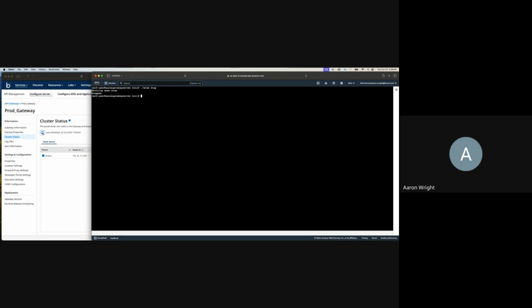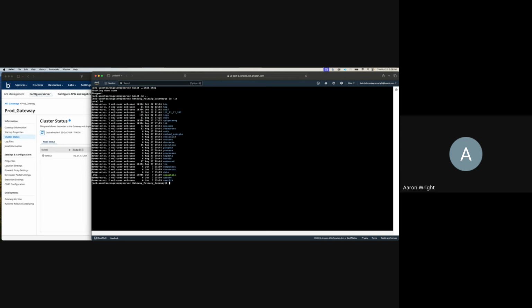I have the UI pulled up here, which just allows me to monitor and confirm that the gateway is now offline. From here, all of the next steps will be performed on the hosting server. We're going to navigate one folder back out of the bin directory, do a list, and we will go into the API gateway folder that's in that gateway installation directory. From here, we will go into the H2 folder,